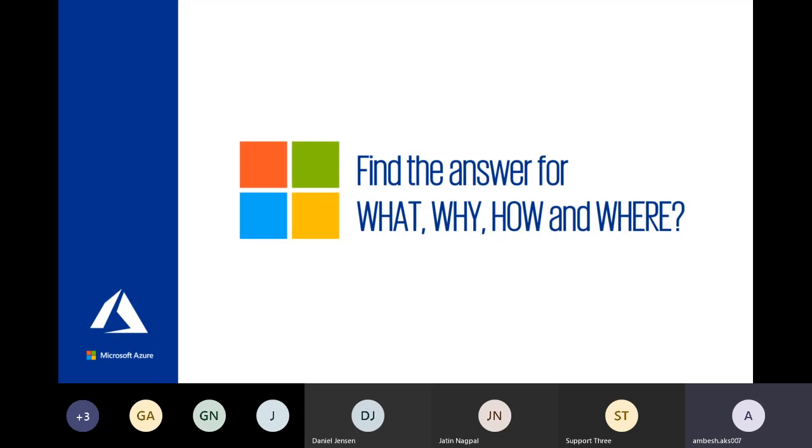In layman's terms, if you ask me, I would say in a simple word that this is one of the offerings from Microsoft or the cloud, where you can automate your stuff, you can integrate it, and you can do a lot more apart from that. Then the second question is actually